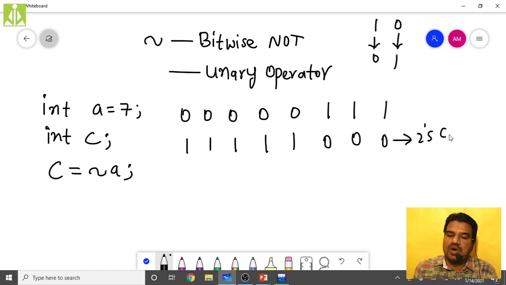I showed you how to perform the 2's complement. To get the 2's complement of this number, I have to invert all the bits, so I will get the same number. This is a negative number. This is not 7. In the process of converting it, we are getting 7. Remember this one: this is not 7, this is a negative number, and what it is, we don't know. So how to know that number? Simply find out the 2's complement to get the actual negative number.